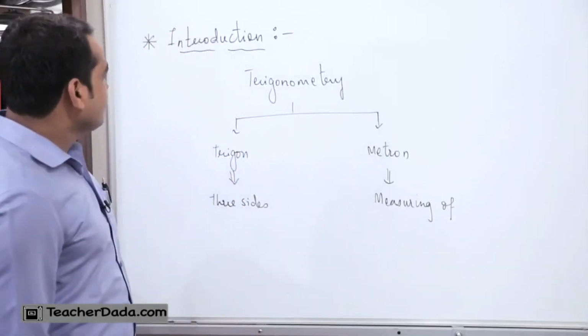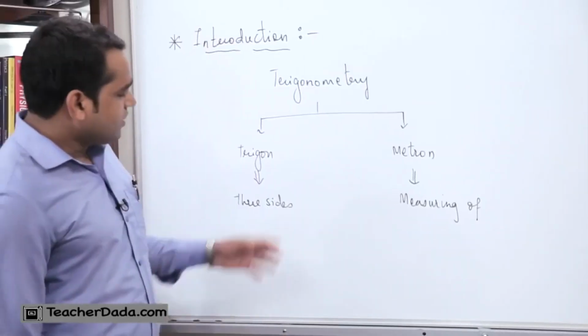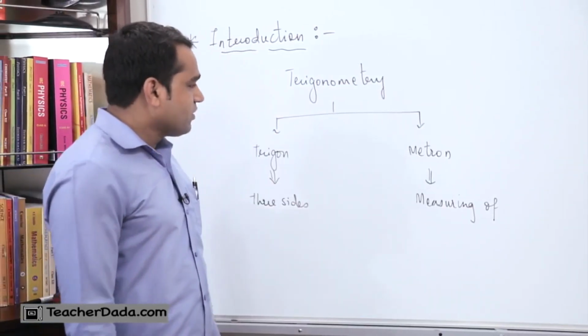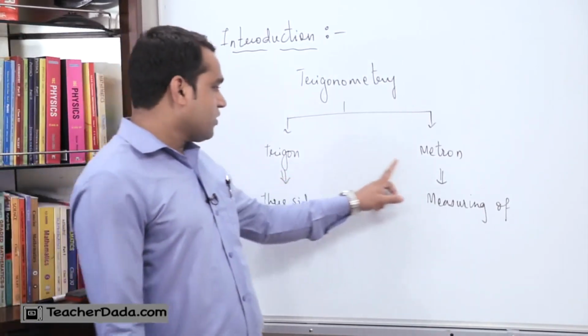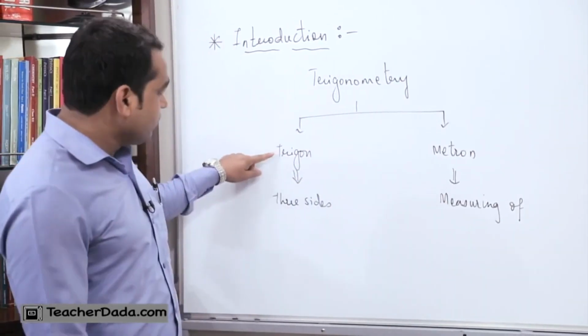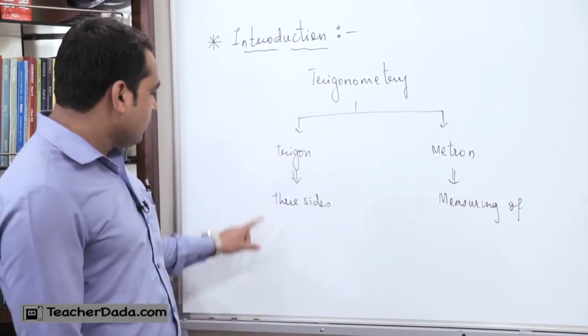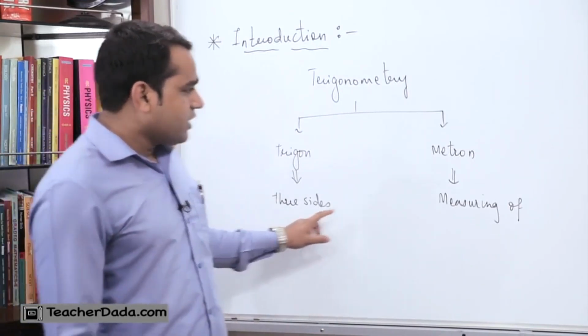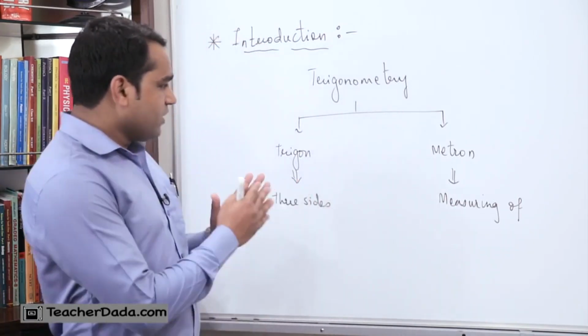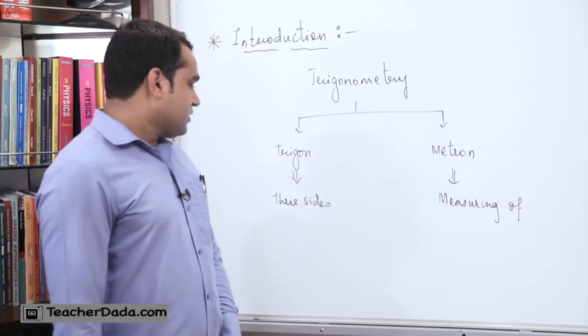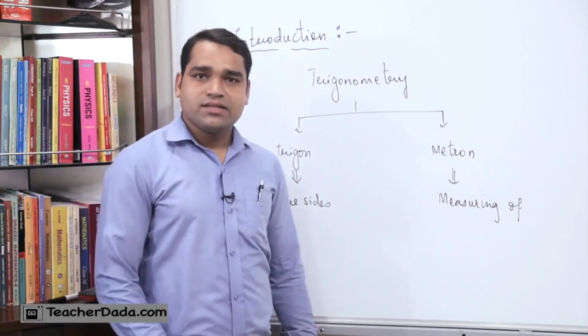As I have introduced the trigonometry function, we can see it graphically also. The word trigonometry is divided into two words, trigon and metron. You can understand more from that board. Trigon means three sides, and metron means measuring. Together we can call it the measuring of three sides in a right angle triangle, that is nothing but trigonometry function.